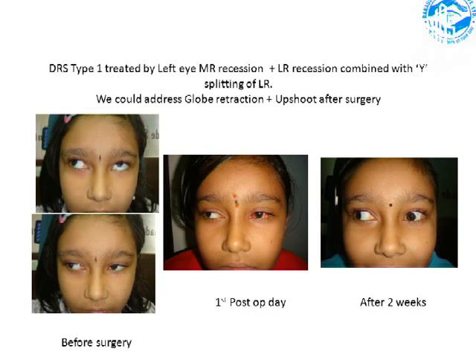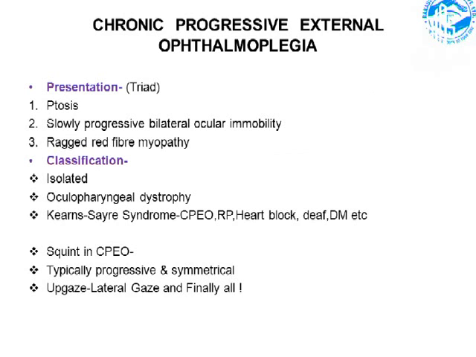The patient is doing really well. We can see the retraction in the second photo after 2 weeks. The retraction is no longer visible there. There are no visible upshoots and downshoots also in this condition. Similarly, this is CPEO. Since there is a shortage of time, I would just like to turn over the